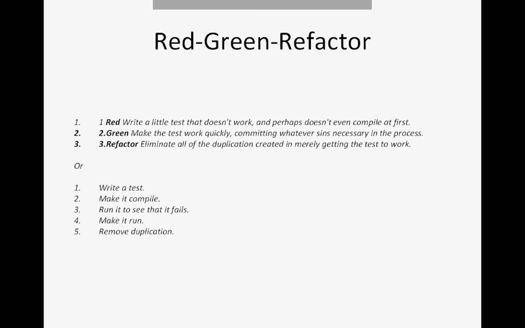Right. Very straightforward. Green. The green phase is about making the test work. And the important phrase here is committing whatever seems necessary in the process. Okay. So we are not writing clean code at this phase. And that's the key to understanding how we will actually manage to make sure that we test at a narrower